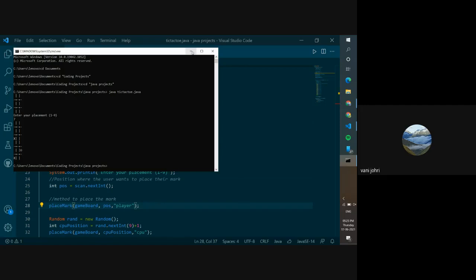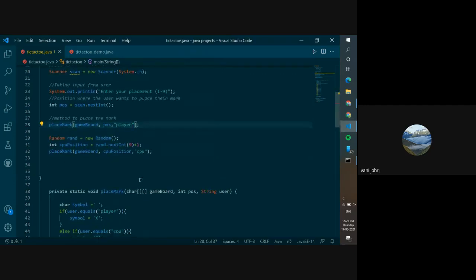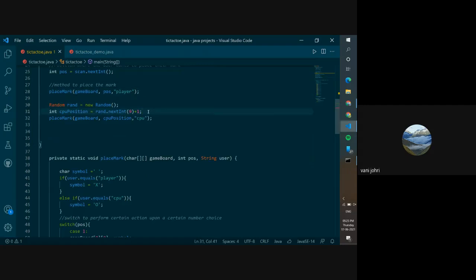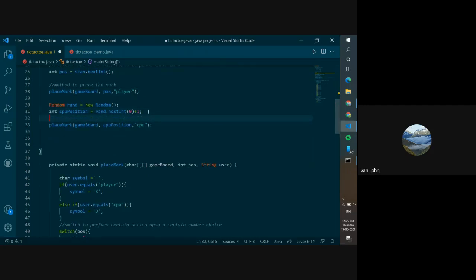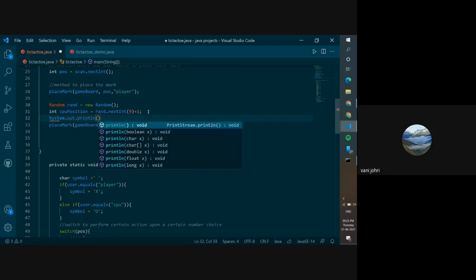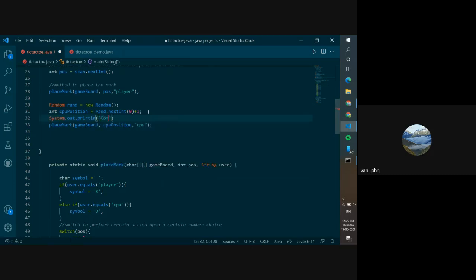Let me format it a bit better. Wait a second. So let's say we come over here and then we print. This is simple. Okay, so print viewers.